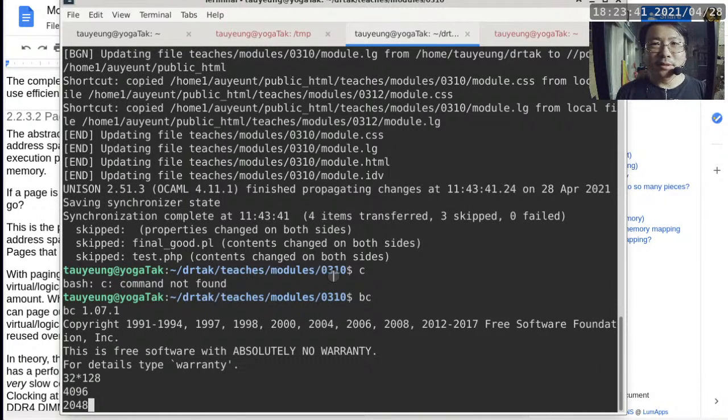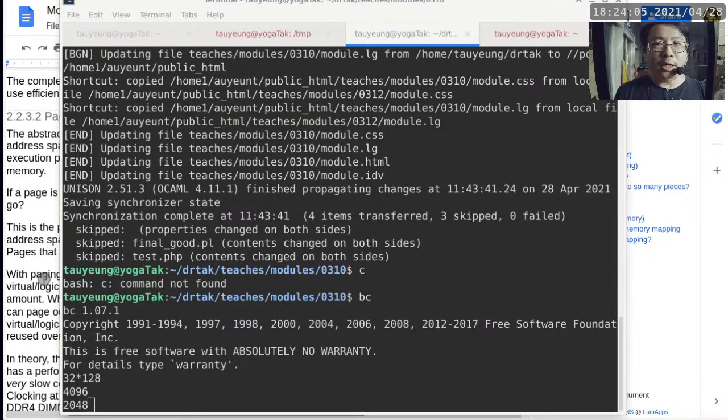Is this what they refer to as swapping? No, this is paging. I'll talk about swapping in just a little bit. This is paging. So paging is a mechanism where one page in virtual space can be written to an auxiliary